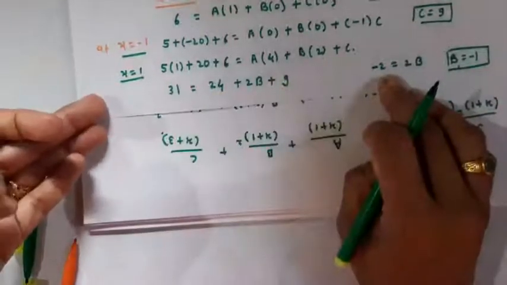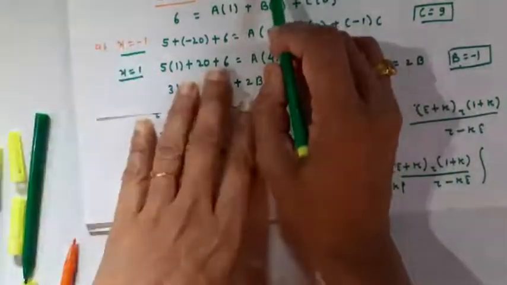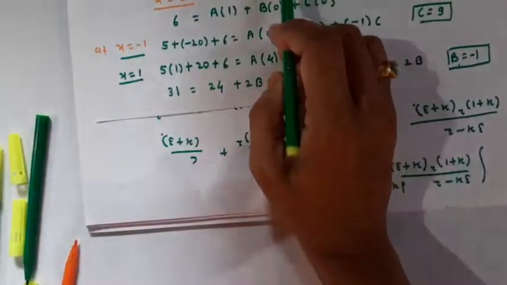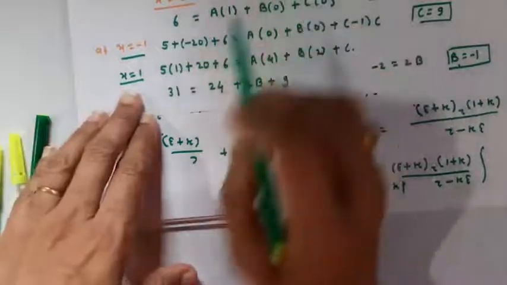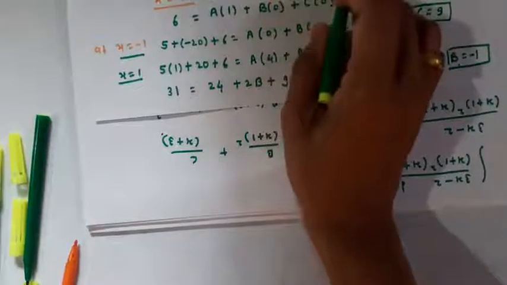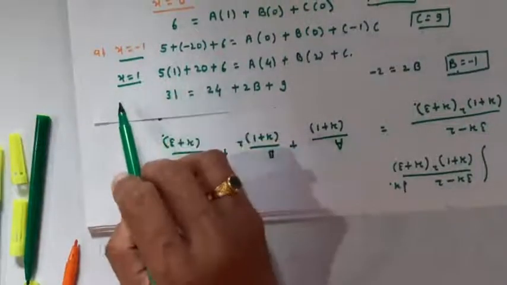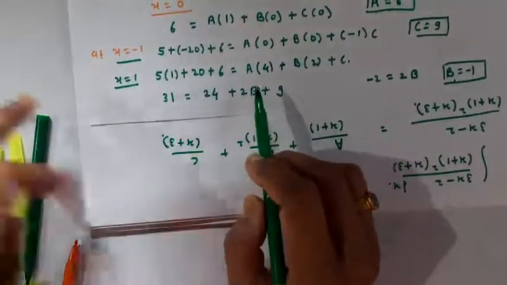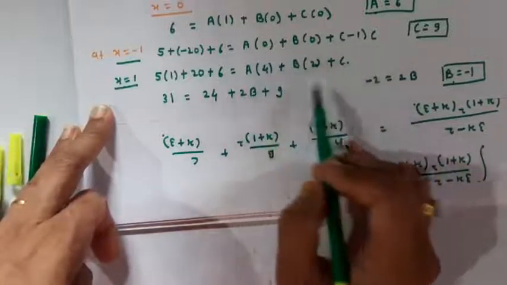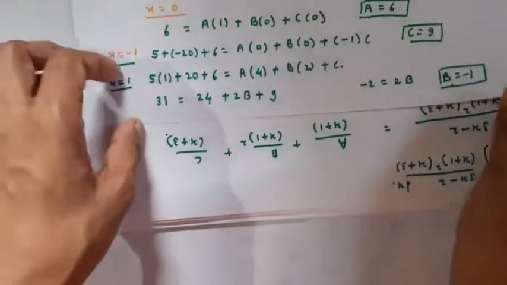You can take any value once you have the values of a and c, in case of repeated factors. Suppose here we have got the values of a and c. For finding the value of b, we can put any value of x, and for that value of x, solve the equation by putting in the values of a and c, and in this way we will get the value of b. Here we have got b equal to minus 1.